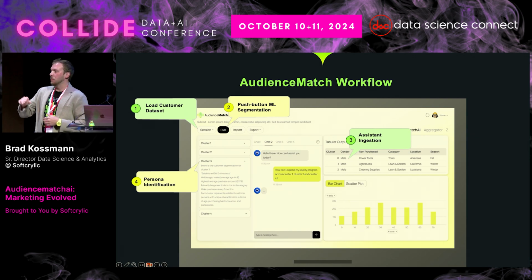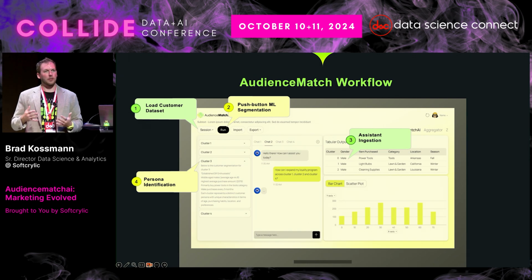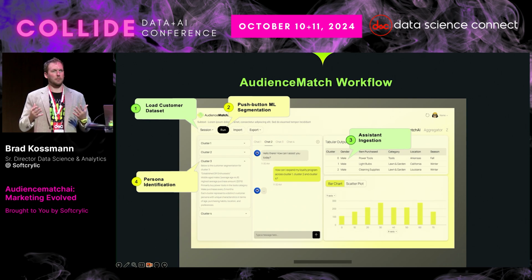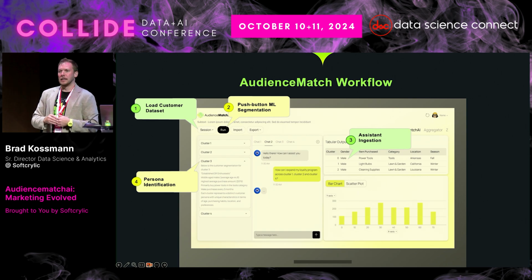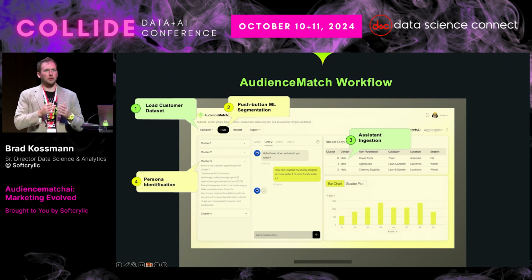Persona identification, I mentioned this a moment ago. The outputs of the segments are just sets of descriptive statistics for each segment. That is useful in a sense, but it's very difficult for marketing purposes. You need something that's more like shorthand. So actually being able to identify a persona that fits within each of those clusters, that is where we actually